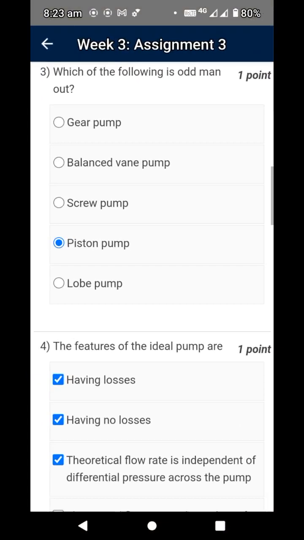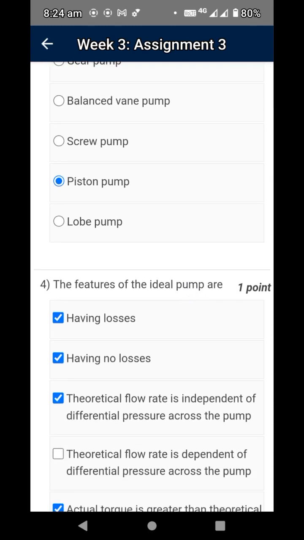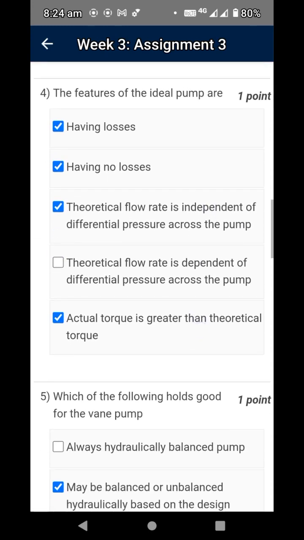But in the case of odd man out, which one is different? All the other pumps other than piston pump are rotary type. So this particular piston pump is the only reciprocating type. So this particular piston pump is the different one. So I choose the piston pump as the answer. So question number 4. Features of ideal pump are,